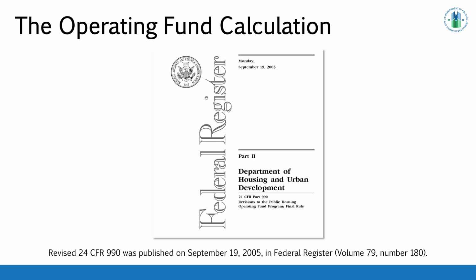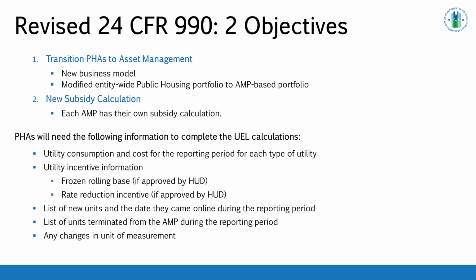The operating fund calculation is how we get subsidy. The revised 24 CFR 990 was published in September of 2005. And it really gave guidance on two objectives: the transition to asset management and a new subsidy calculation. When housing authorities transitioned to asset management, it was a whole brand new business model for them. It allowed the housing authorities to take their entity-wide public housing portfolio and break it down into an asset management project-based